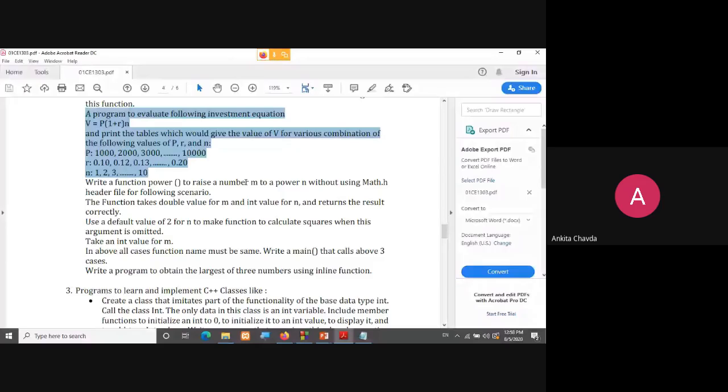Okay, so N could be your number of years, so that will be multiplication in that. R would be your rate, you know what PRN is, right? P would be your principal amount, R would be your rate of interest, ROI, and N would be the number of years. Fine. But here you will print this in the form of tables.